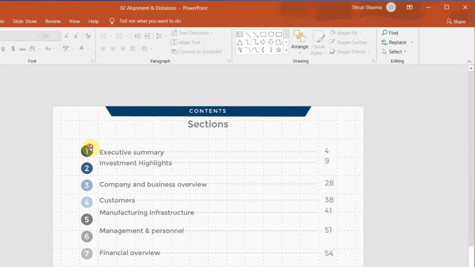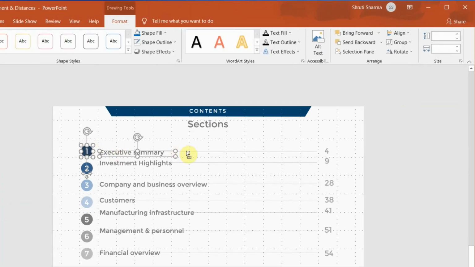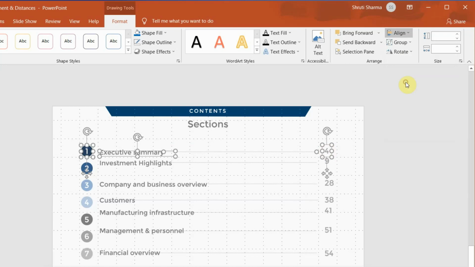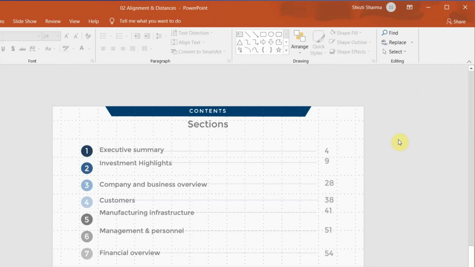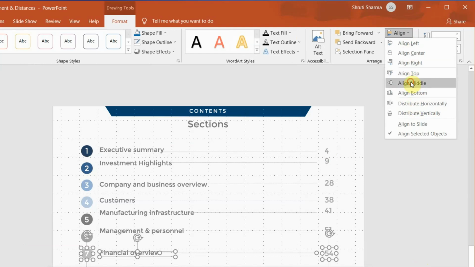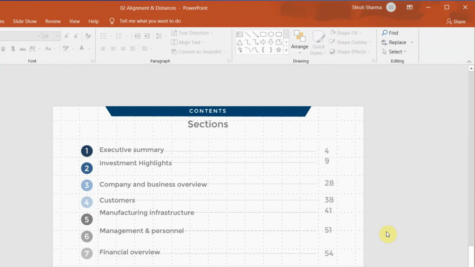I'm going to zoom in just to show you the rest of the stuff. So I'm going to choose all the 4 elements which are in one line, and I'll do align middle. And now for me everything is aligned. The same way you can do it for all the 7 items. Okay, so I'm going to do it for the top and the bottom first, because that really tells me that I have this much of space to play with in the center.